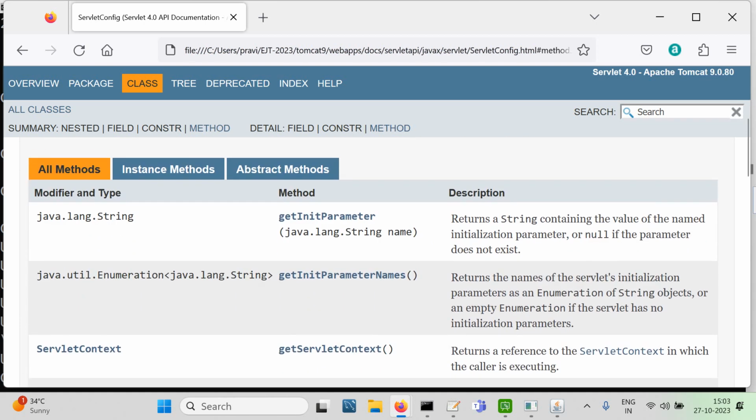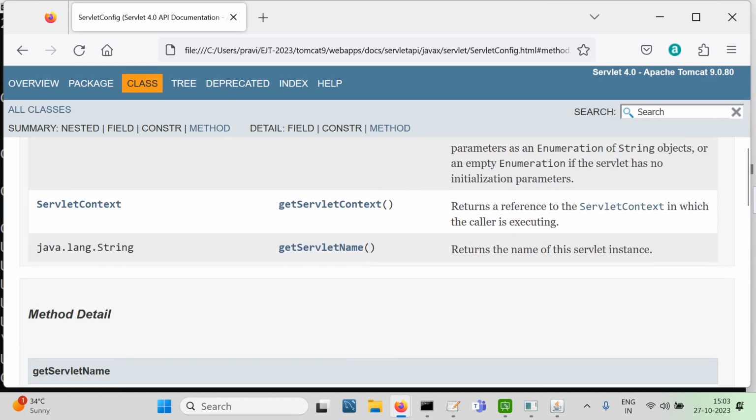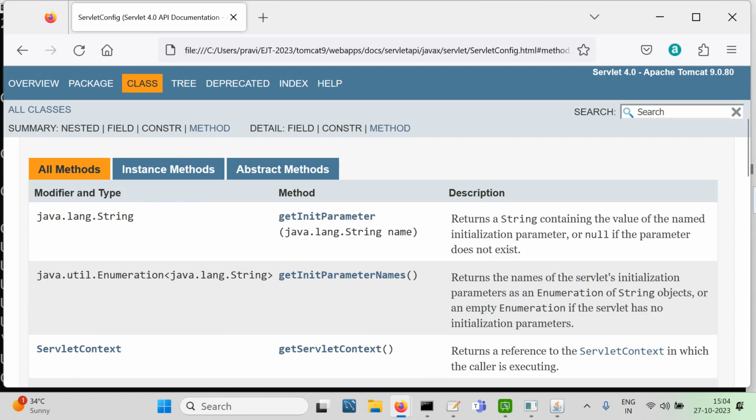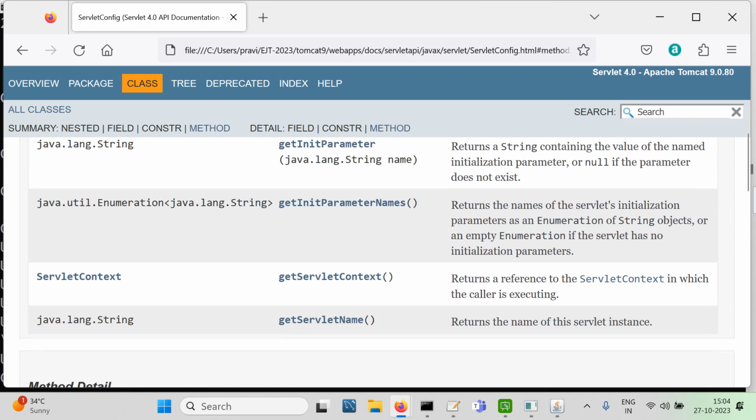Fine. So one is a reference to the servlet context. From servlet config, you can always access the servlet context. Okay. And these are the other methods. A servlet has a servlet name. Okay. And there are parameters for the servlet. If you recollect, there is this servlet name which, in the Tomcat, in the web.xml file, we give